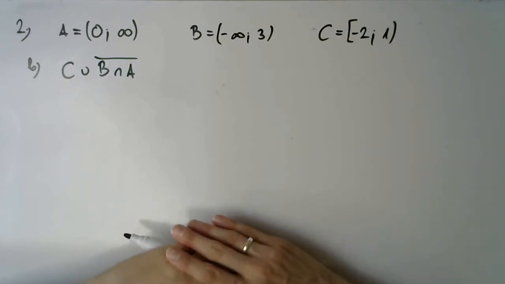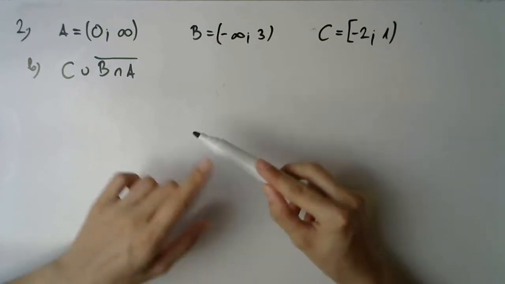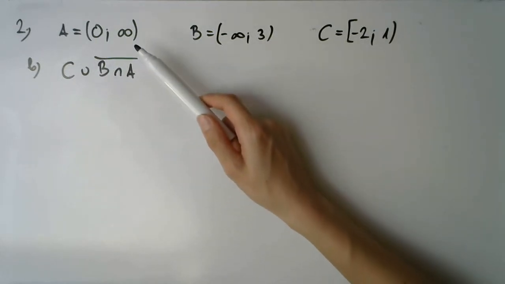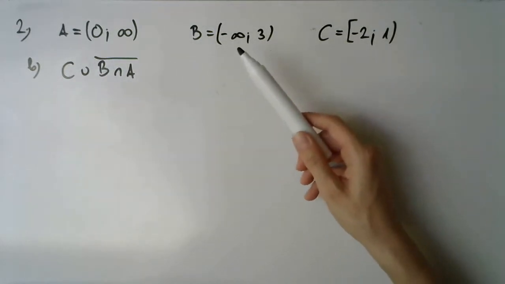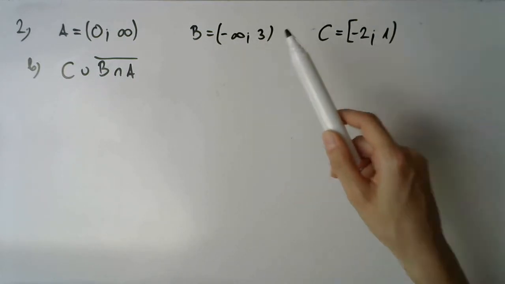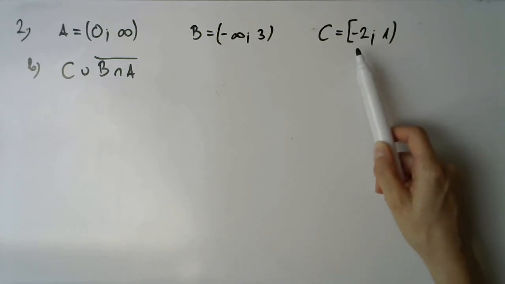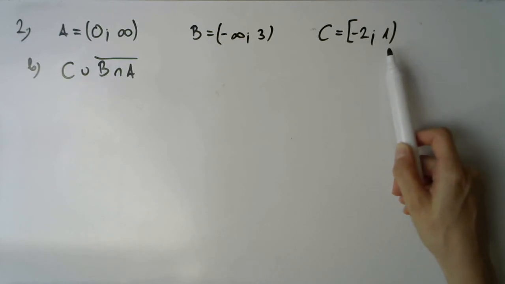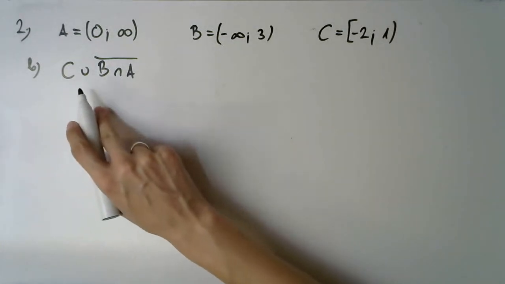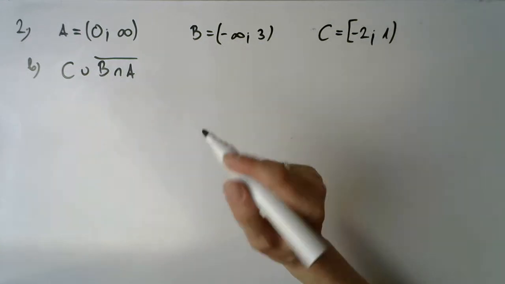In the second exercise, we find some special subsets of the real numbers. These are the intervals. We have interval A from 0 to positive infinity. It's an open interval. We have interval B, negative infinity to 3, also an open interval. And interval C, negative 2 to 1, closed at negative 2, open at 1. We are looking for the elements of this set, C union B intersection A complement, with respect to the real